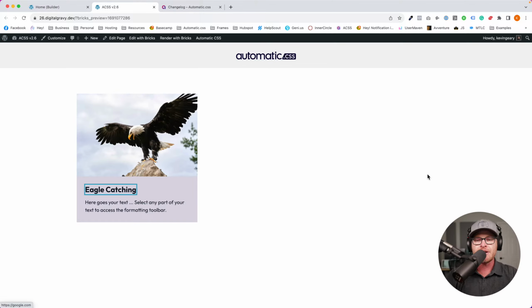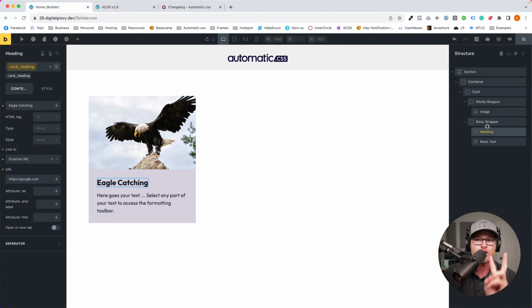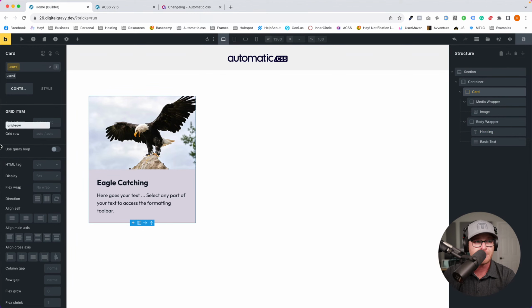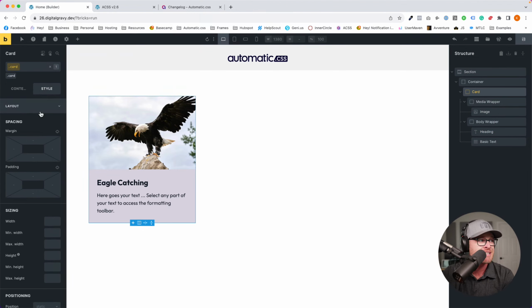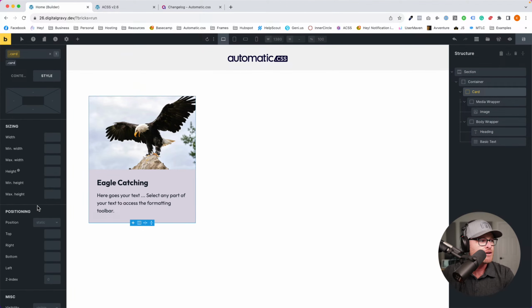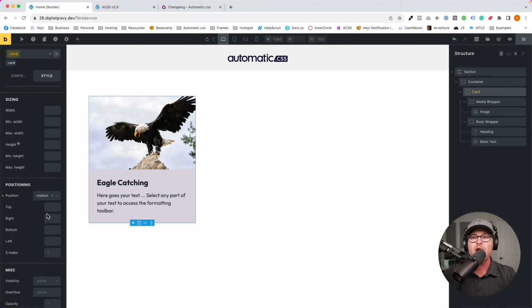But the problem here is, this did not accomplish my goal. My goal, I said, was to make the entire card clickable, and this is just a clickable link. So what we can do now is two steps, and this is, I think, where everybody gets lost. Two steps. First step, take your parent, the card, style, go to layout, go to position, go to relative.